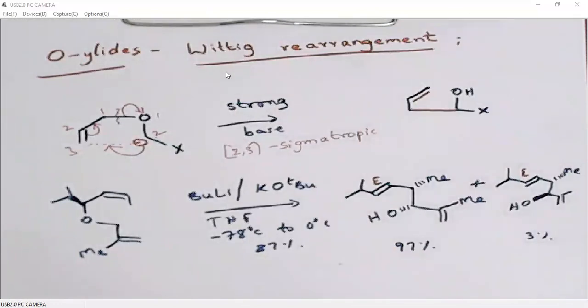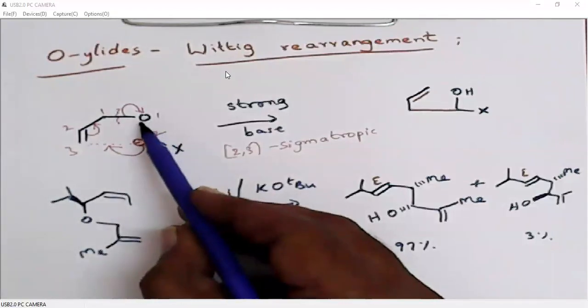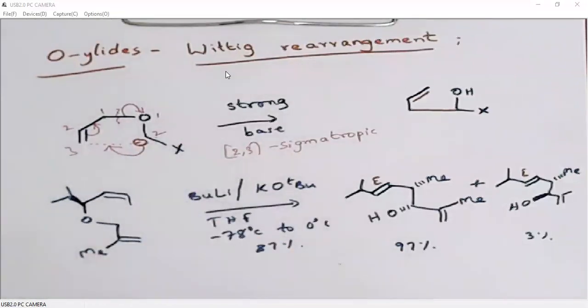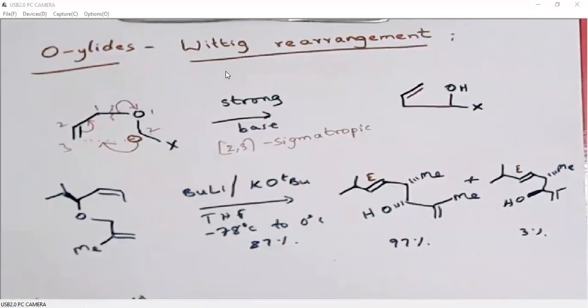So when we want to predict the stereochemistries, please write this structure in this form so that it will be easy for us. That means the allylic oxygen will be on this side. This is the double bond. Envelope, of course, right? I'll first take the products, then I'll explain the stereochemical outcome.